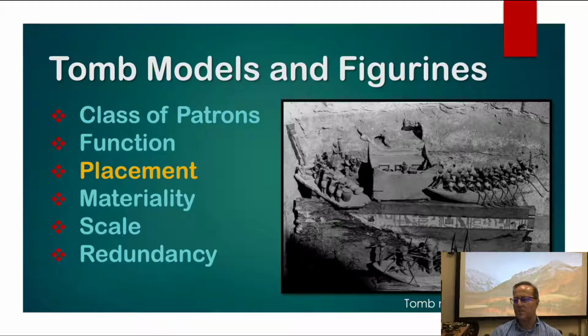Now, regarding the placement of where these things are put in Egyptian tombs and Chinese tombs, there are some similarities, but some key differences. Here we see in the Middle Kingdom tomb at Beni Hassan, tomb number 116, the models here of a boat, and here of a granary, and here a beer making shop, were placed directly on top of the coffin. Sometimes they are placed on the right-hand side so that the deceased would see out the eye panel, which is usually on the coffin here. But mostly these are placed on top, so they are directly in the visual field of the person in the coffin.